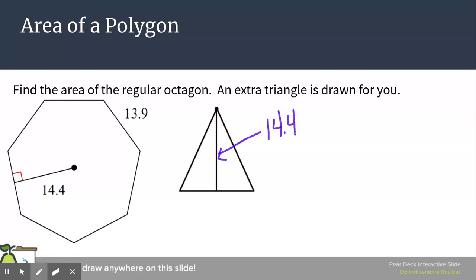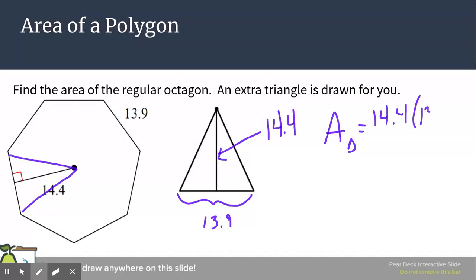This is 14.4, and it gives you this base is 13.9. So it takes some of the trig work out of this. Make sure you have the right idea. So the bottom line is we're going to take this triangle that exists here and find the area of this triangle. The area of the triangle would be 14.4 times 13.9 divided by 2. And I've got to hit the calculator again because that's a little bit too much decimal action. And the area of my triangle, the little triangle there, is